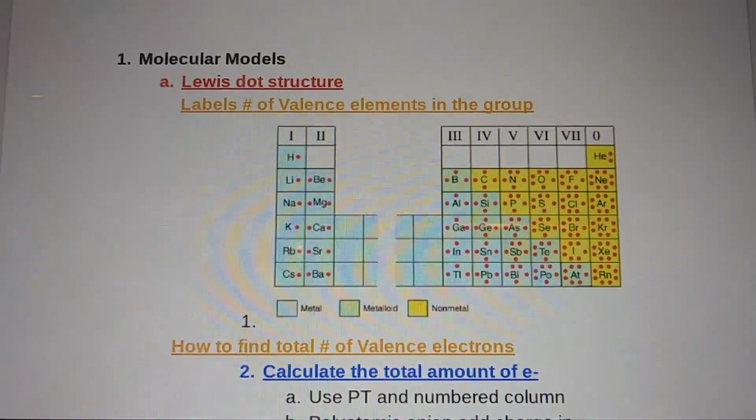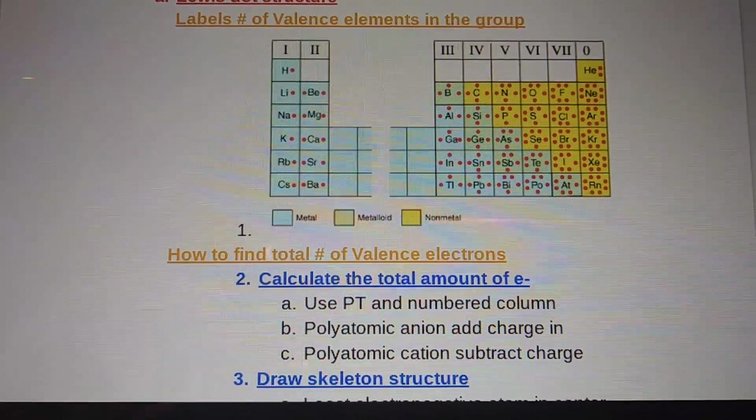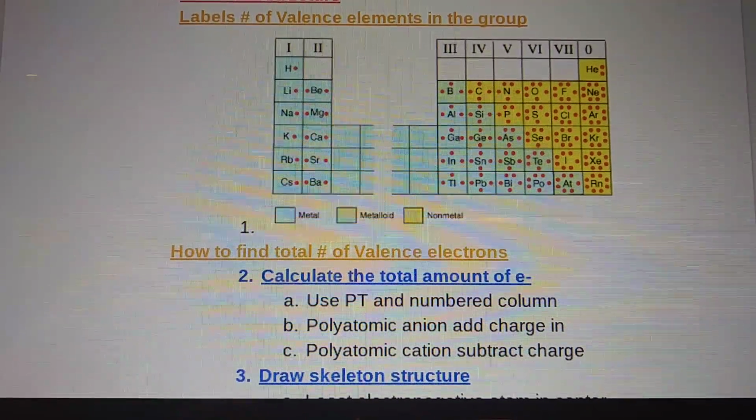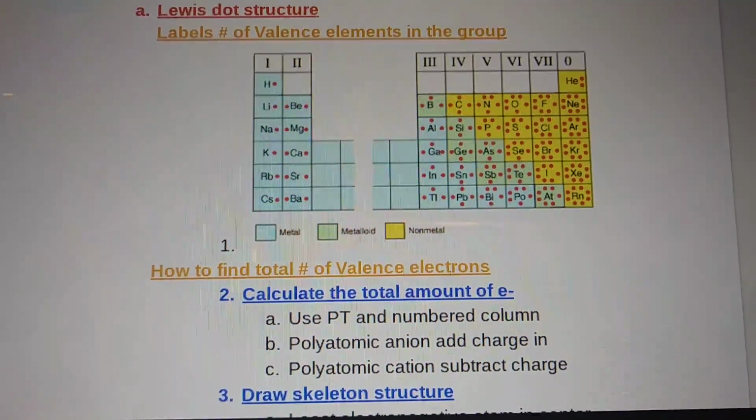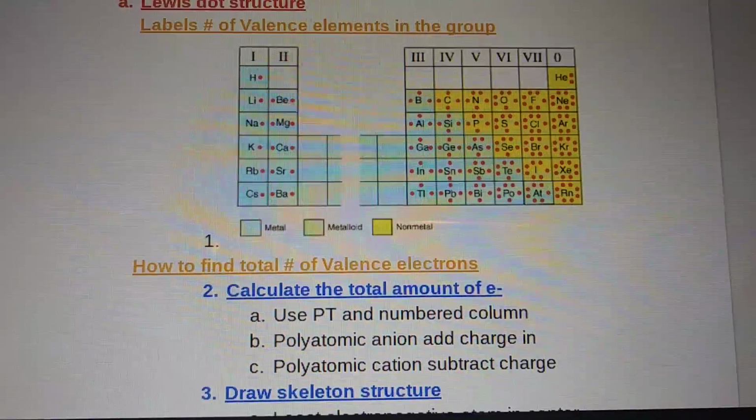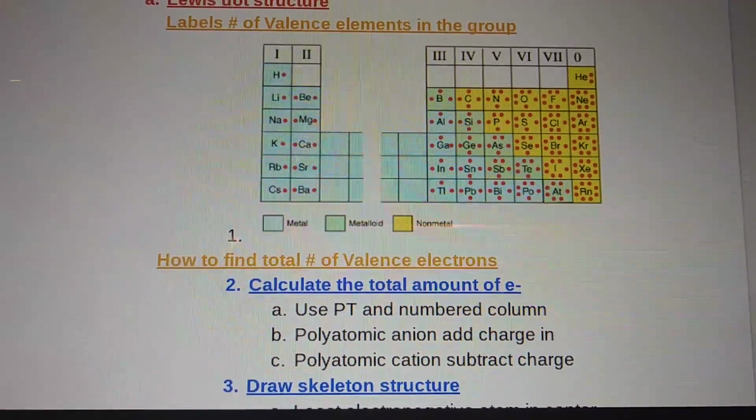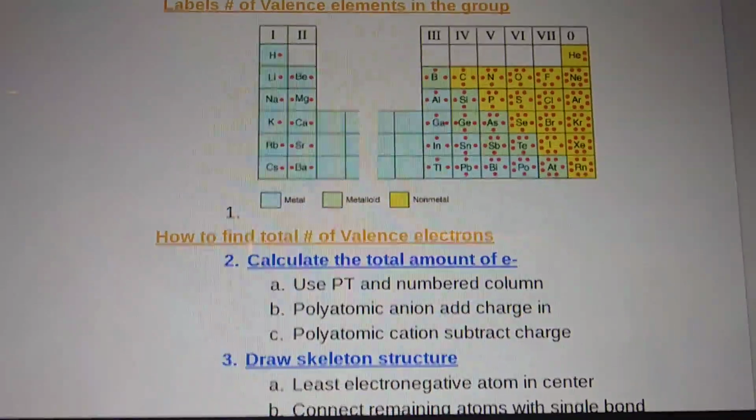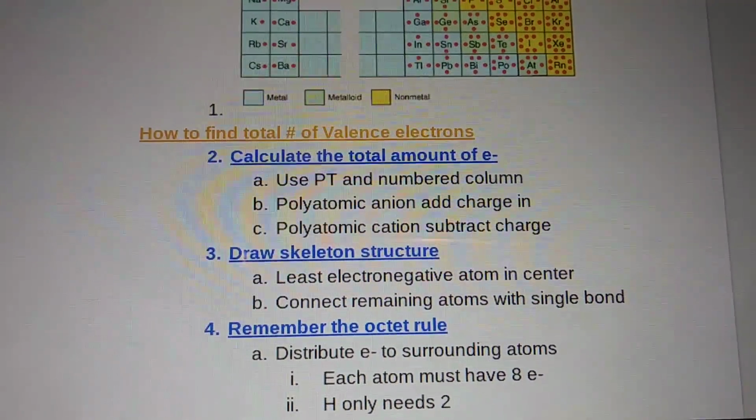Okay, so first you have to use the periodic table to calculate the total amount of electrons needed. So this is like a little table to help. And if it's a polyatomic ion, you just add the charge in. If it's a polyatomic cation, you subtract the charge. So once you have found the total amount of valence electrons needed, you'll just draw